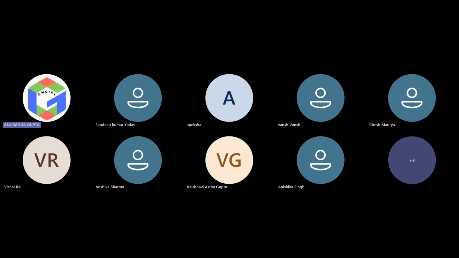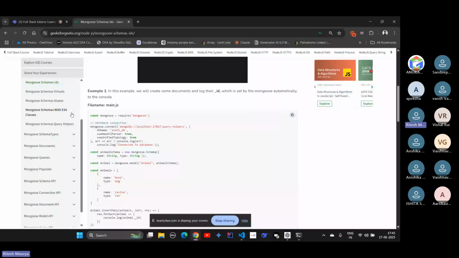Ritesh, what about you? Can you share your screen, Ritesh? Yes, sir. Yeah, please go ahead. Just tell where we are so that he can take it forward. Okay, sir, I'm telling. Ritesh, you have to start from Mongo schema IDs. So from here,